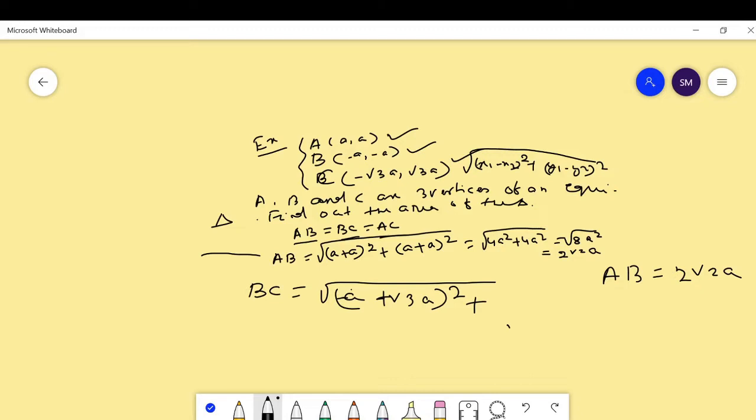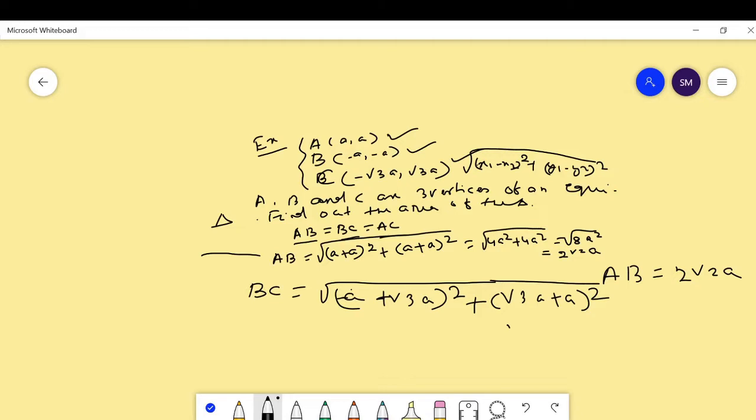Then here, the square root of (√3a plus a) whole square plus (a minus √3a) whole square, which is equal to